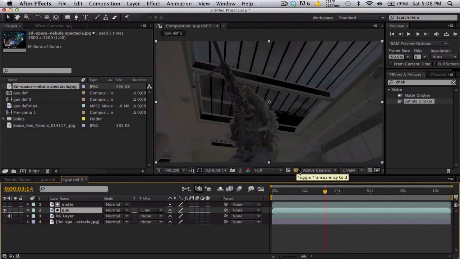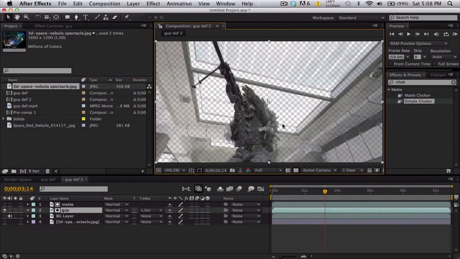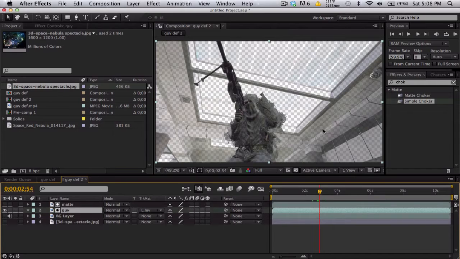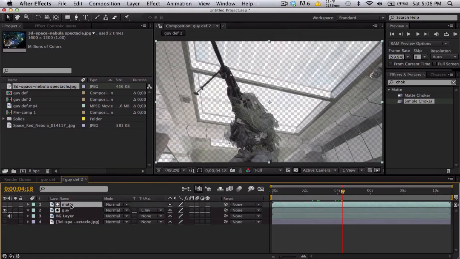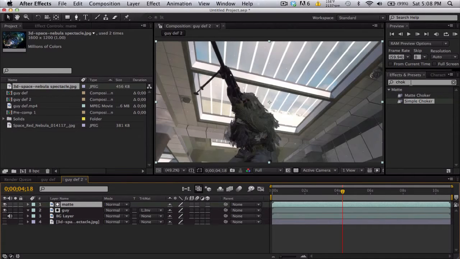And you can see if I toggle the transparency, we have the guy pretty much soloed, and then the background is transparent. It's not all the way transparent. You can see that there's some parts of the window still showing, and the guy is actually a little bit transparent still. So what we're going to do now is, if we turn on our matte layer,